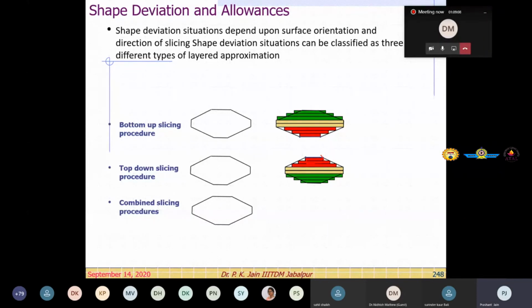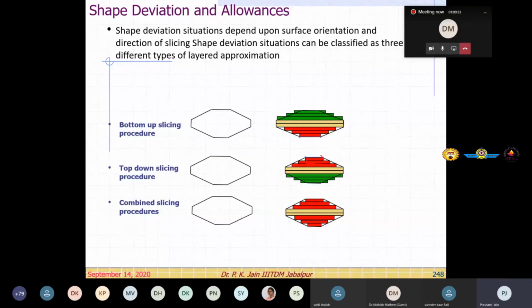That was the problem I discussed in the issues and challenges in the first session, right? Look at this. If we adopt this kind of positioning, lower portion in this way, upper portion in this way, right? But that is not that simple. Any complex part may not fit in this situation, right?